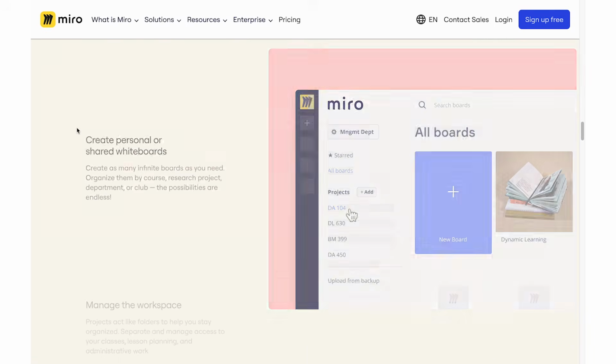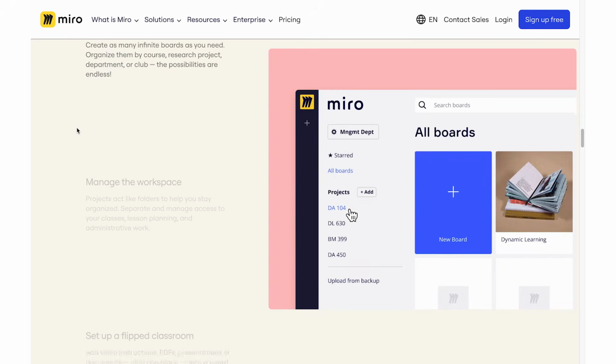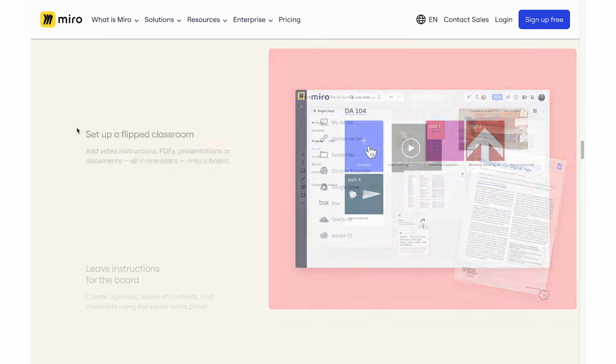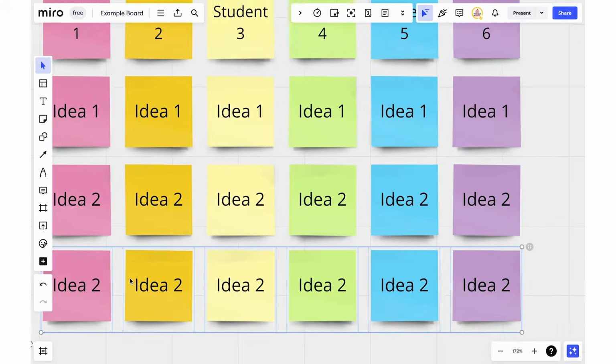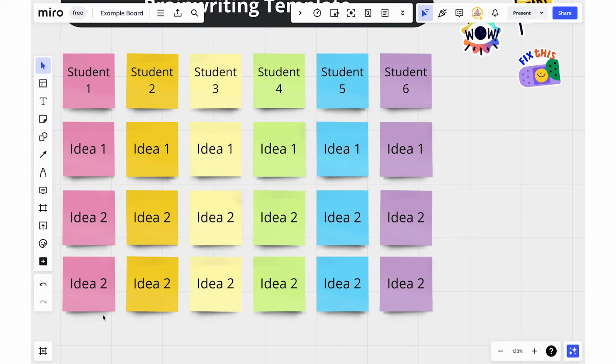But again, I do think Miro overall is a very powerful tool. You can utilize it personally for brainstorming and lesson planning. You can use it with team teachers during meetings or during team planning sessions. You can use it with students to be able to brainstorm and diagram and help them be able to collaborate in a shared space using some of those tools. But those are the